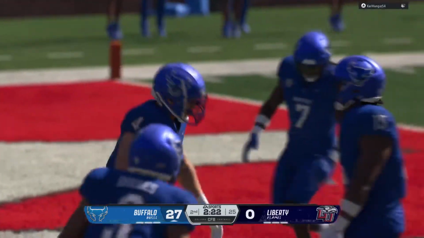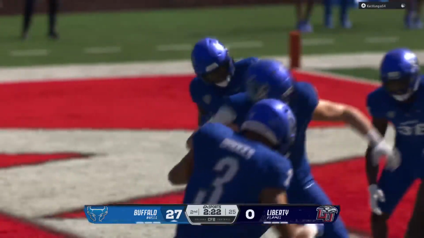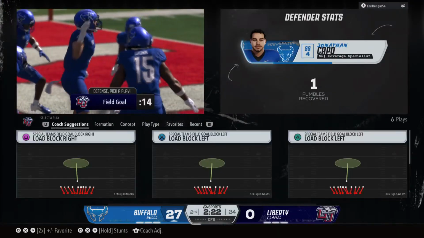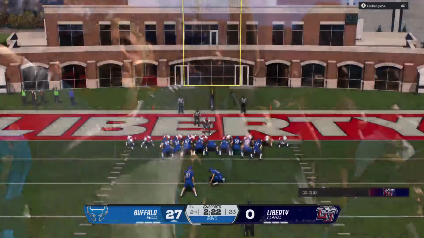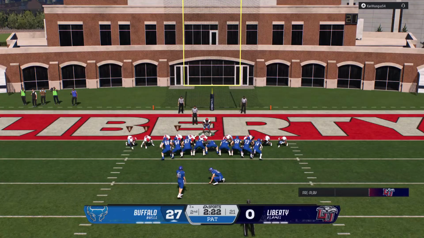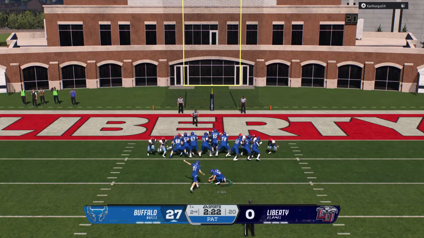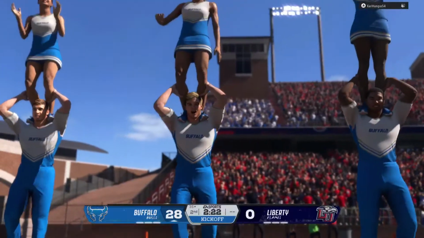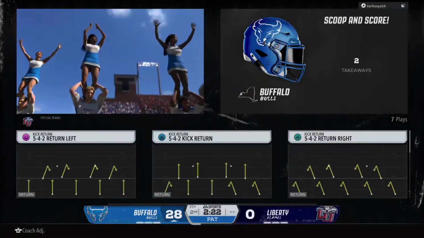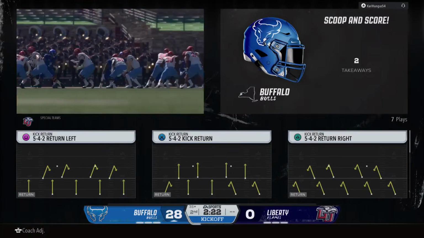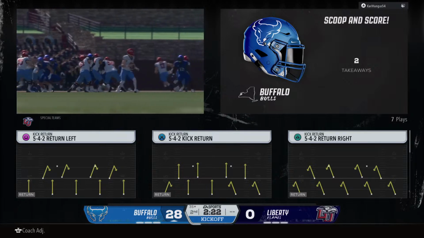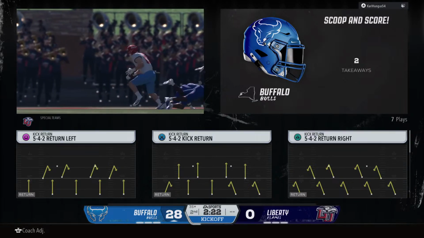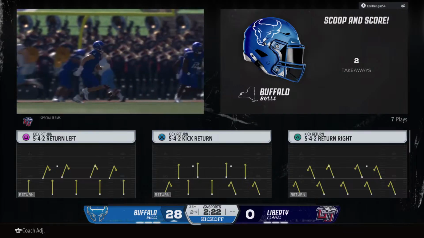And how about the defense just straight flipping the script? They got a goal-to-go situation, just trying not to give up a touchdown. You want to give up a field goal, not only do they make a big play, they scoop up the fumble, they take it all the way to the house, and they get a touchdown. And the extra point makes it 28-0. That is a defensive player's dream. Ball sitting there, chance to scoop it up, run with it, and they don't stop you until the band starts playing.